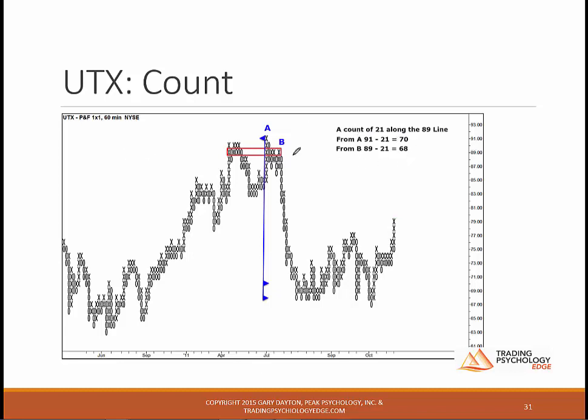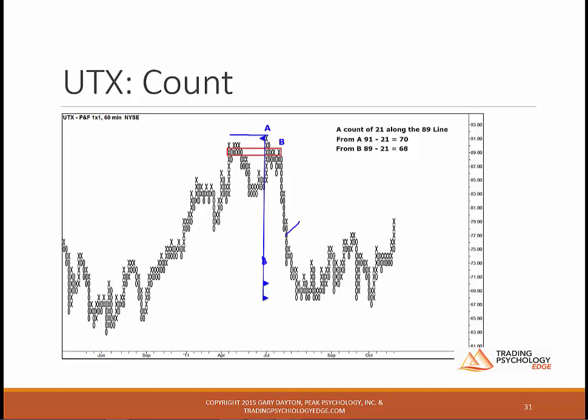Sorry. Okay, so I'm following Evans's line of logic here. On the 89 line, we would take the count. We would start with a count here, but I didn't do that because it goes down lower. So our initial count would be off of the A line over here, which would be the 91 line, and we'd create a count, and that comes probably down into about here, give or take. And the market is just plummeting down here, so we would immediately go to the next count,